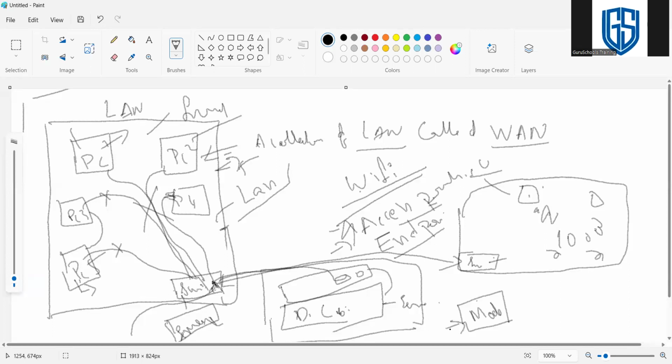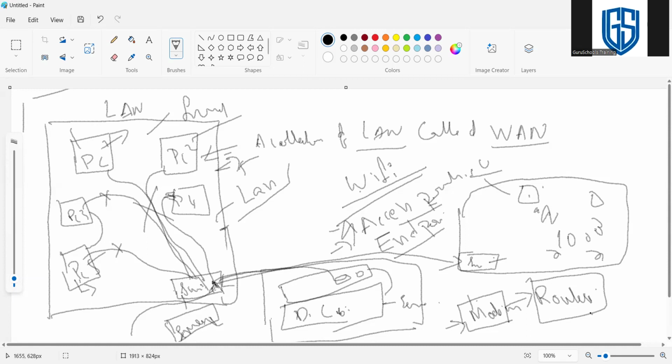Then from the modem we need a router. Modem stands for modulation and demodulation, converting the signals, so we need to use a modem. The next connection is from the modem to the router. The router will route the incoming or outgoing traffic.